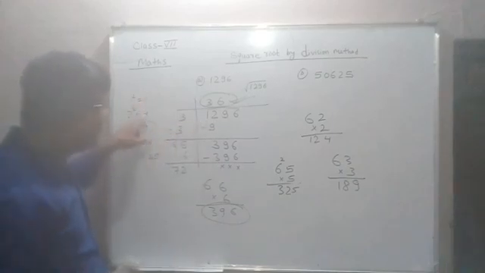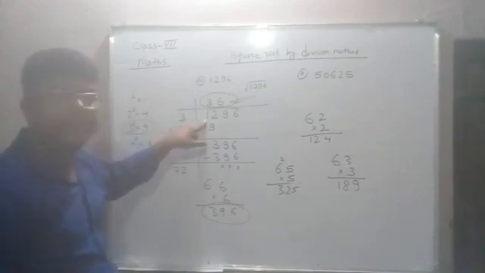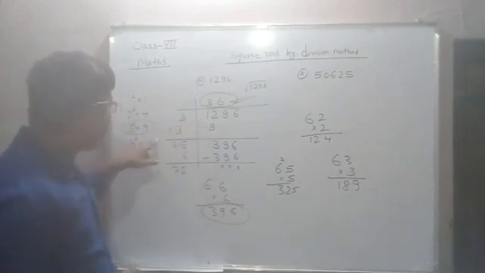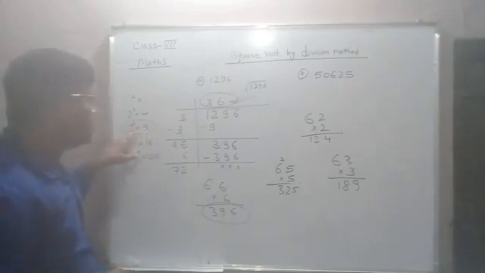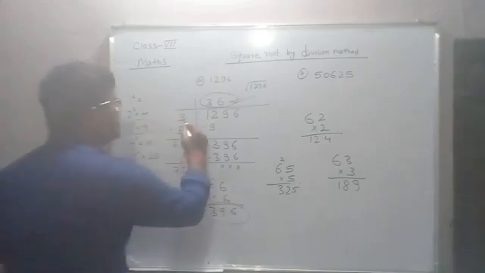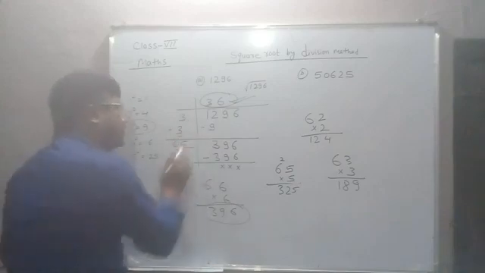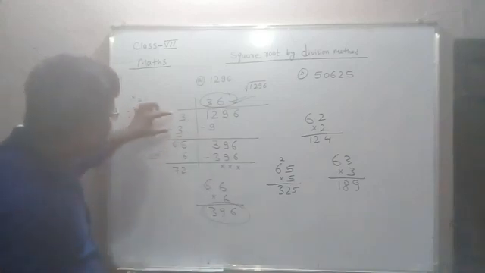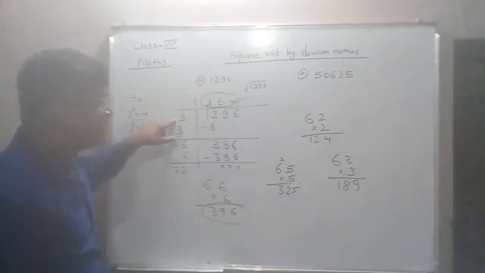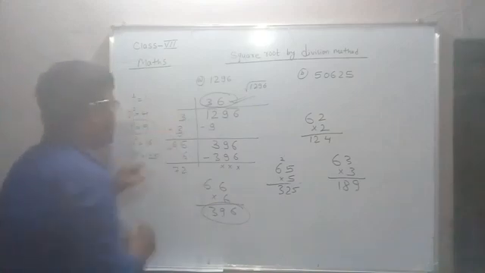So we have to take, there is no 12 exactly. 12 is not a perfect square number. So I have taken just less than 12, that is 9. So whose square is 9? That is 3 squared. So we have taken this 3 here, and we need to write one more 3. Okay, so what do we need to do? We need to multiply these 2 and write here. Or you multiply these 2 numbers, you will get the same, because we are writing the same thing in 3 places. So multiply these 2 and write here, and add these 2 and write here. This one I have written here.